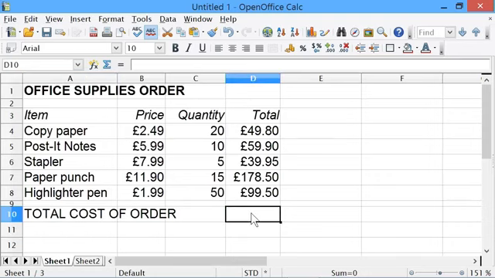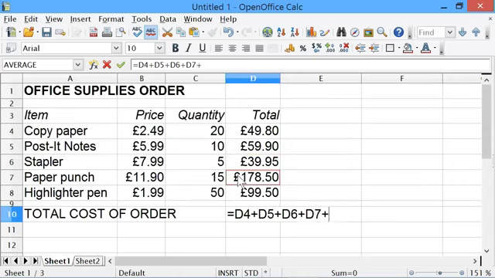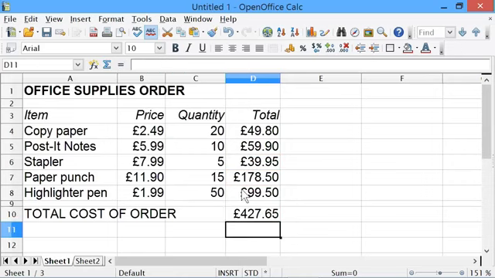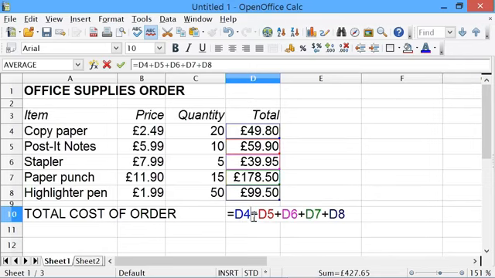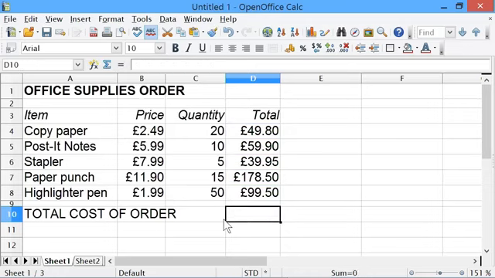Now, one way to do this total would be to use what we just looked at: press equals, then click on D4, and then go plus D5, plus D6, plus D7, plus D8, and enter. And that would work perfectly well. However, that's a long formula to enter, and if we had hundreds and hundreds of rows, it would take a very long time. So I'll escape out of that, and I'll delete what I put in there,